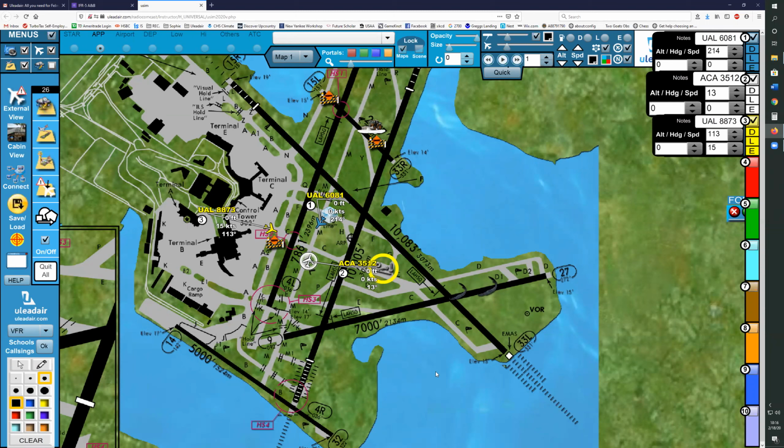So it'd be like, we are just getting to Bravo, or we are just approaching Bravo, or we are just at Bravo, something like that. Or we haven't finished taxiing, or we haven't made it to Bravo yet, something like that. Okay. United 8873, we have a Bravo. That's it? Yeah, I guess.